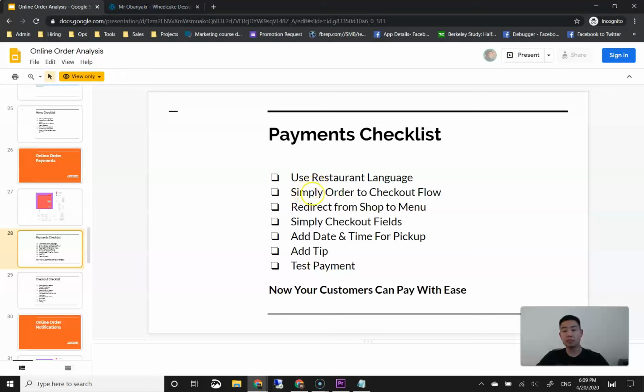We're also going to simplify the order, simplify the menu to checkout flow. And so what this means is usually by default, WooCommerce has a step in between the menu and the checkout called the cart, where after you add your items, you look at your cart, then you go to the checkout. Uber Eats and DoorDash don't have that. They totally skip that. And the reason why, psychologically, is because when you reduce the amount of friction for the customer, meaning when you reduce the number of steps before checkout for the customer, you increase the chance that the